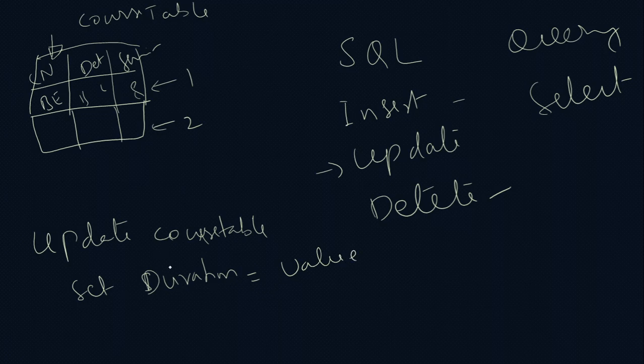And if you give only these two lines, then all the records in the table will be updated. We don't want all the records, therefore we use the where condition. Where course name is equal to course name, so what is the value? That is the general syntax for the update statement. The same we're going to use in the coding.